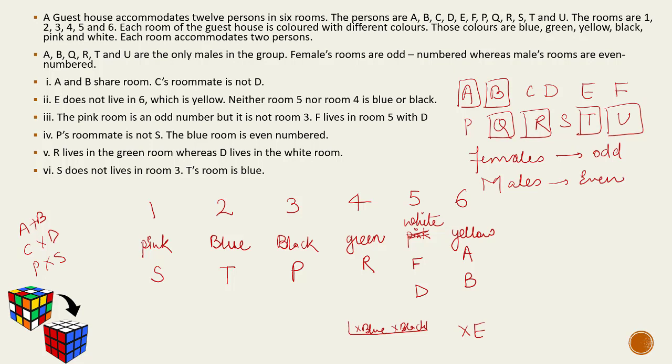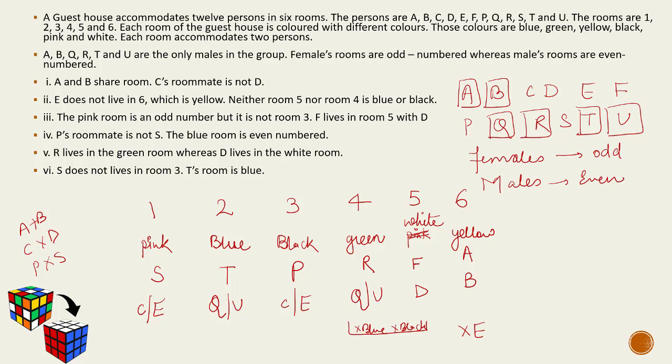Now as far as the balance, 4 people are left out, we could not get their exact room number. For room number 1 and 3, where we have only females, the other two females left out are C and E, and there is no further data to consolidate which of C and E would go with S and which would go with P. So that leaves me with a possibility. And similarly for room number 2 and 4, the two males left are Q and U, and there is no additional data which points me to their unique room number. So that again is leaving me with a possibility here.